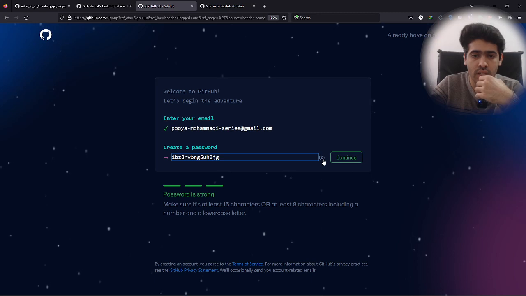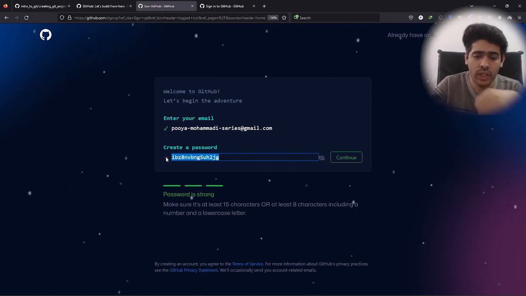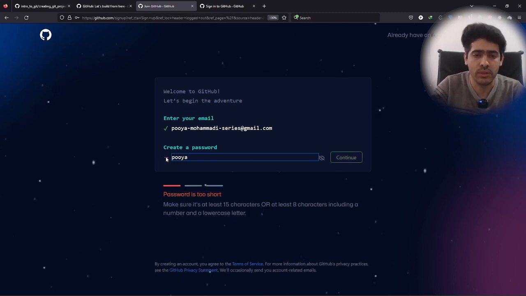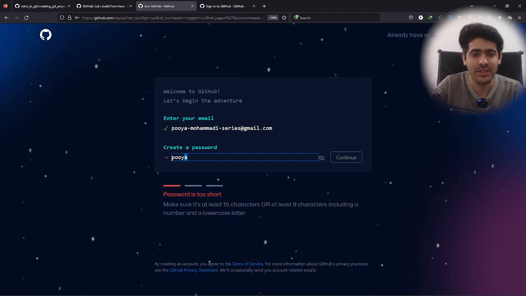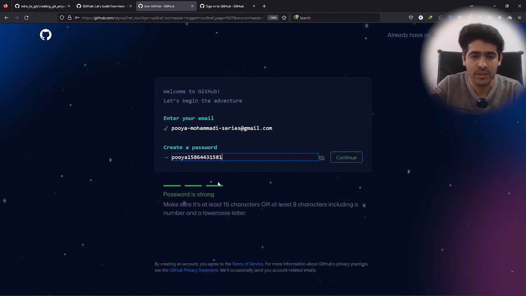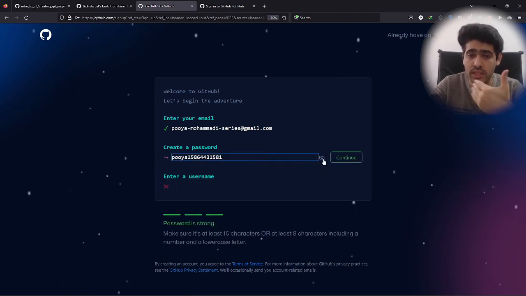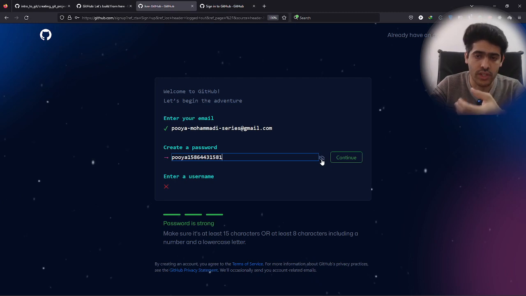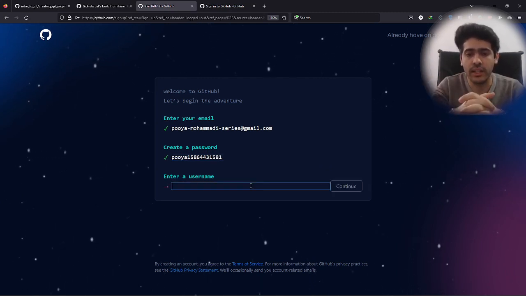By clicking on this icon, you can see the password, which is a strong password, as you can see. But you can go on with your own password as well. For example, my name is too short and it's not as strong, so you can add some numbers to make it strong. So it's up to you how you want to create it. But my advice is to use the password it suggests, because it is a combination of numbers and characters,